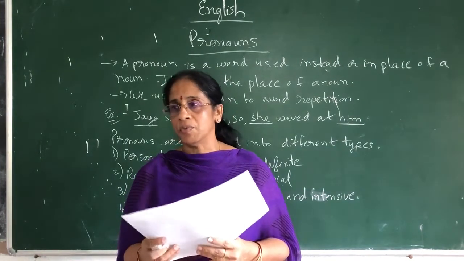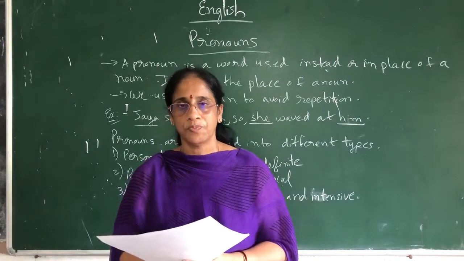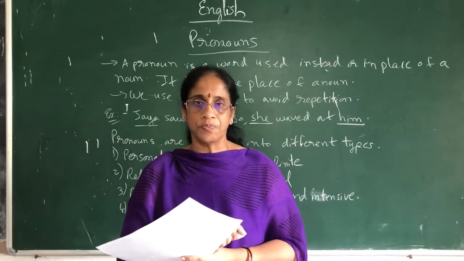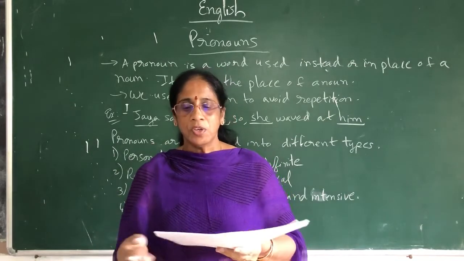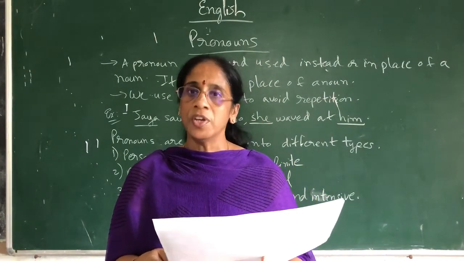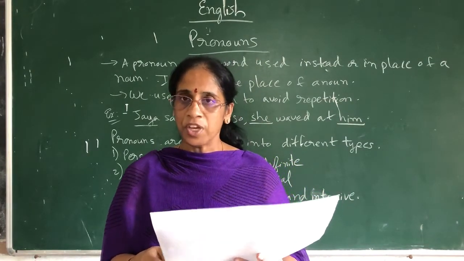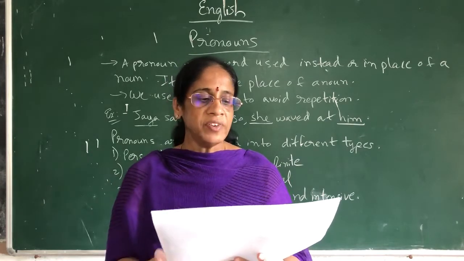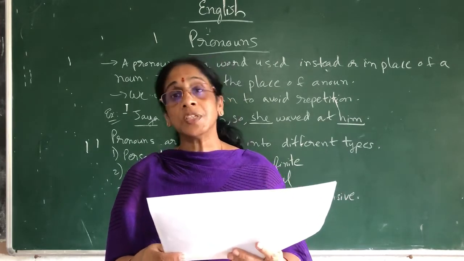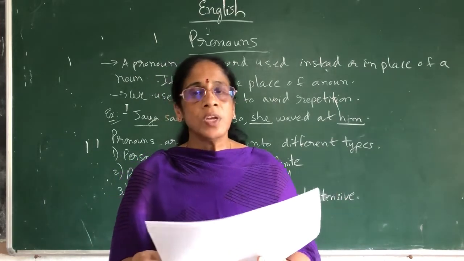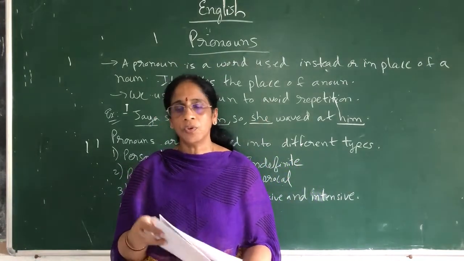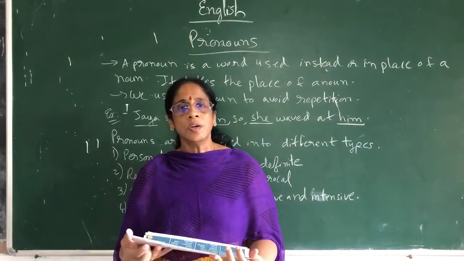Reflexive pronoun. Just now I gave. Radha went to film. She hurt herself, I told. Okay. Raju was writing with a pen. He poked himself. Okay. He poked himself with a pen. So like that, these are called reflexive pronouns. First person myself. Second person yourself. Third person himself. Herself. Okay. Himself or herself. For male and female. And when it comes to plural form, we'll use ourselves, yourselves, themselves. And if it is a thing, itself. Okay. So like this, these pronouns, they are used differently according to the context. So, okay, according to the context, we use the pronouns differently.